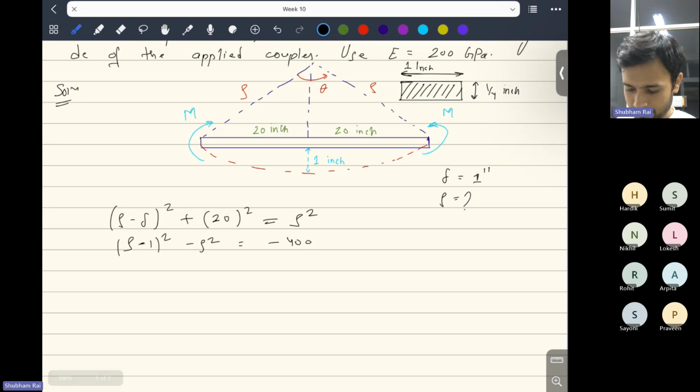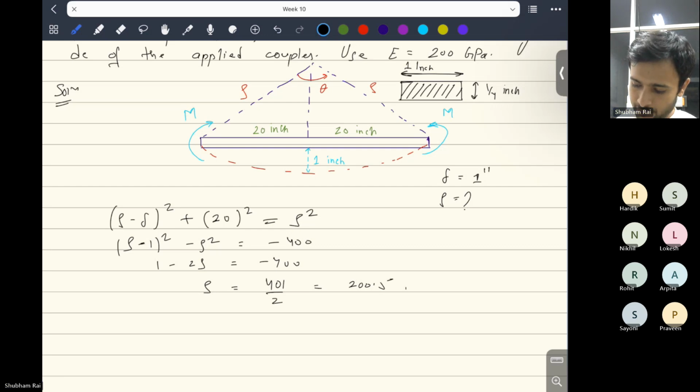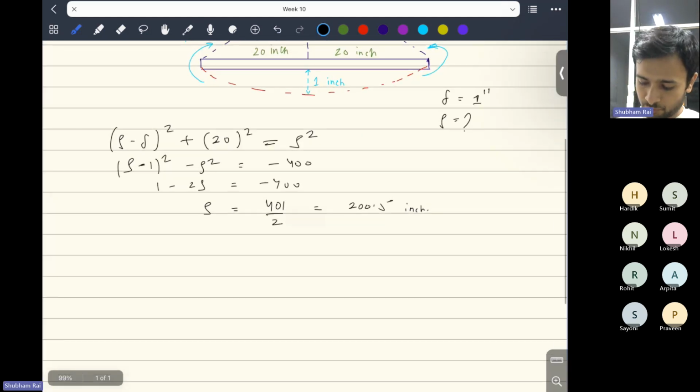So you will get 1 minus 2 rho is equal to minus 400, right? So rho finally, what you will get? 400 by 2, 401 by 2. That will be 200.5, and the units will be inches, right? So you have found out the radius, and once you have the radius, you can find out the applied moment,